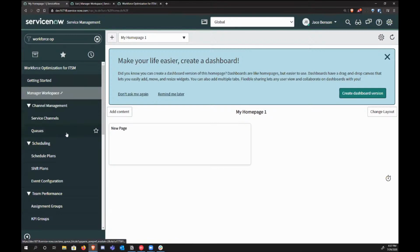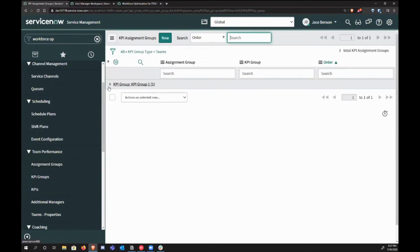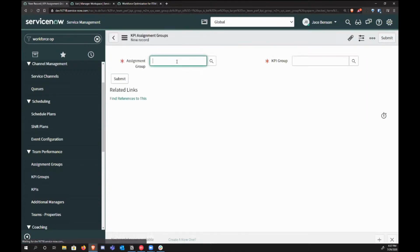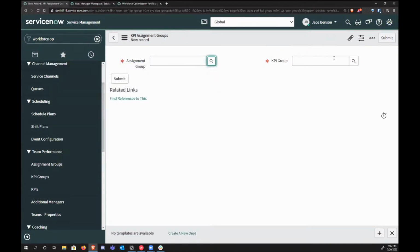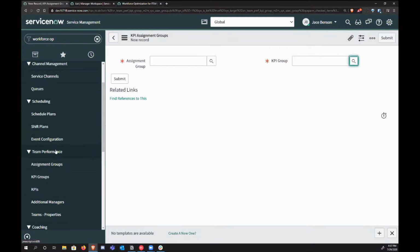So I'm just gonna walk through quickly where I added myself to the group so that people can see that stuff. Because when I loaded it up, I didn't see anything. I couldn't load the demo data because I had to do it through the script. So there was this KPI assignment groups, and I went in here and just said, go ahead and make a new one. And then this points to a standard sys_user_group, and I picked one. And then I made a KPI group record. Yeah. And that KPI group record had